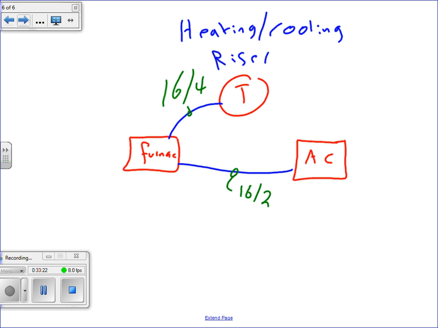The last one was the fire alarm. We really don't have a fire alarm system to speak of, guys. Can I move? I'm going to say fire alarm riser. I hate to use that word. Fire alarm